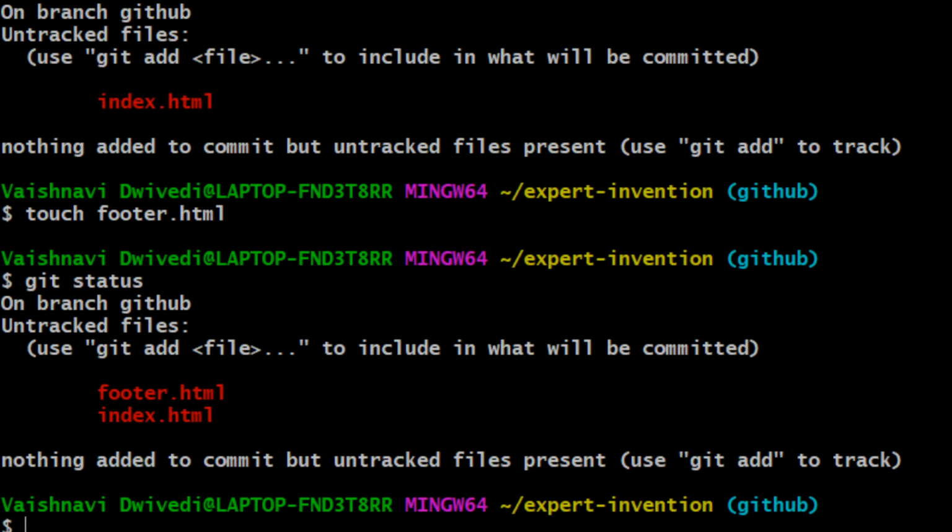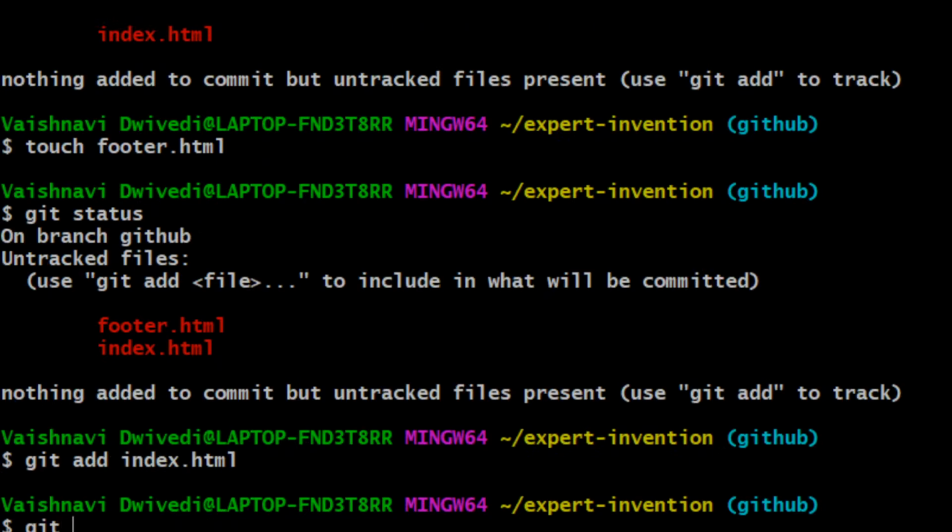Now I thought that we don't exactly need the footer right now, but we do need the index.html right about now. So basically if I want to do that, I just do git add index.html. Now if I see git status,